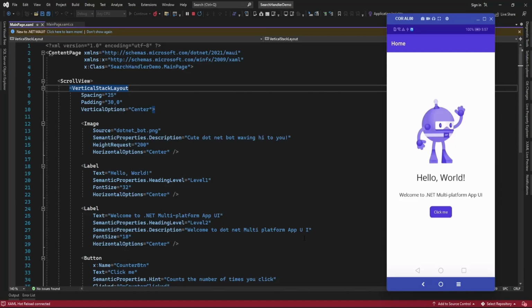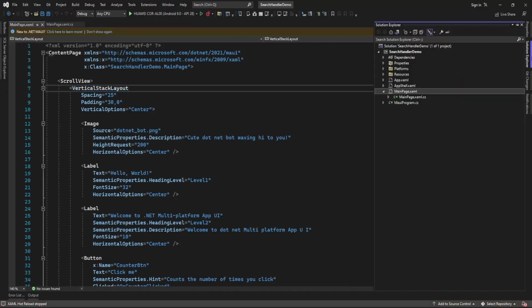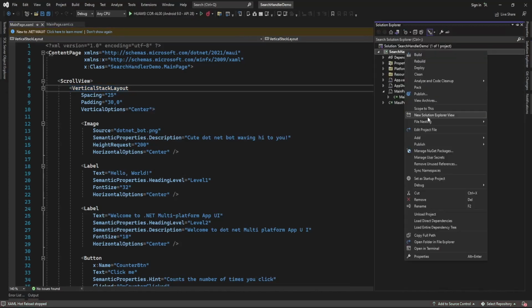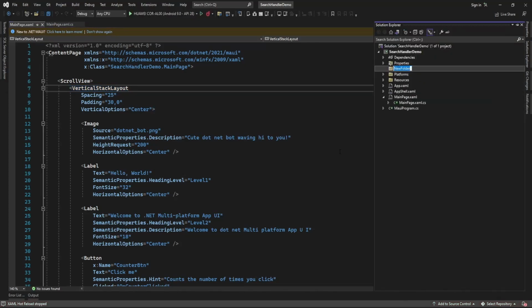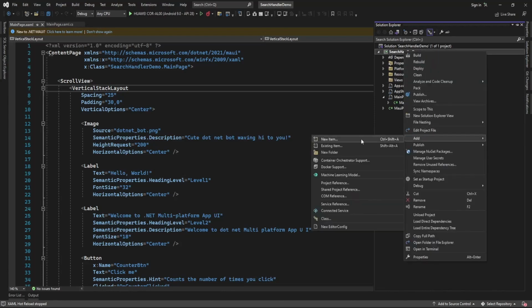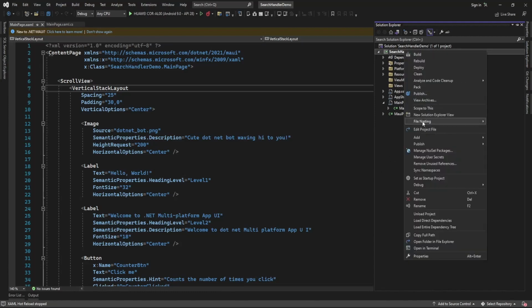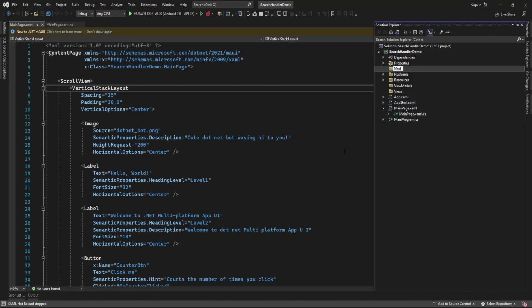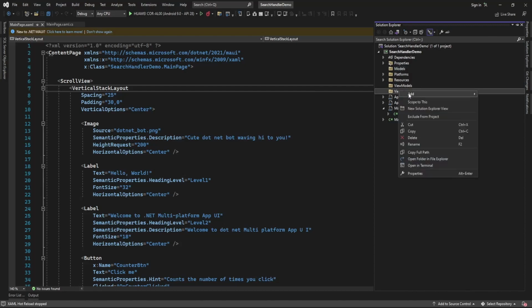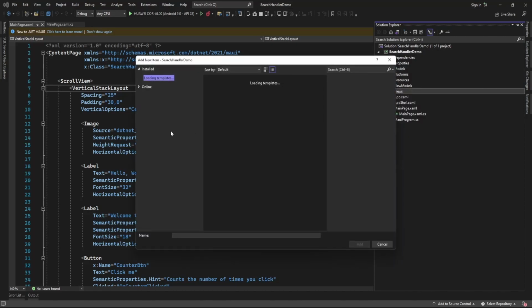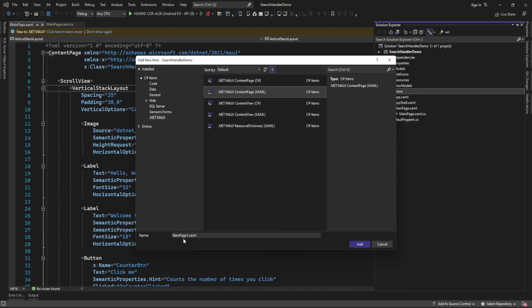In this video, I am going to show you a demo about implementing a search handler in a .NET MAUI application. So let me add a student list view and that view model. Here I am just going to create a views folder and then a view models folder and another folder, models. Here I am just going to add a .NET MAUI content page,